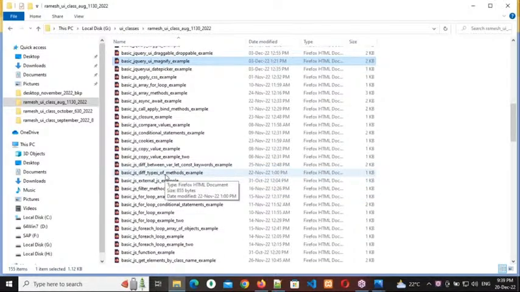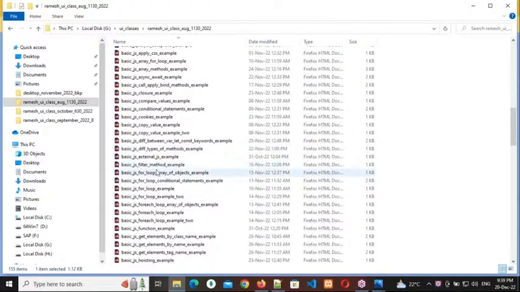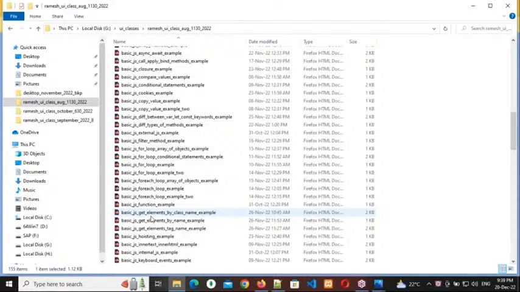That means normal function, anonymous function, lambda expression, and filter method. Then after, for each loop, for loop, everything. See it, for loop, how many examples I am telling? For each loop. Okay, and then after map method, element selectors like get elements by class name, tag name,